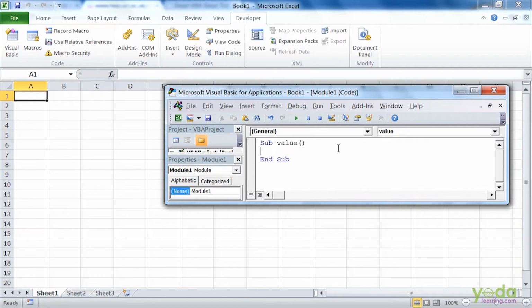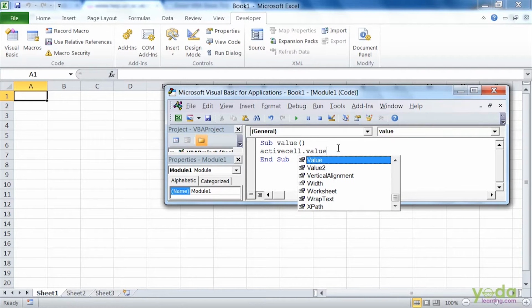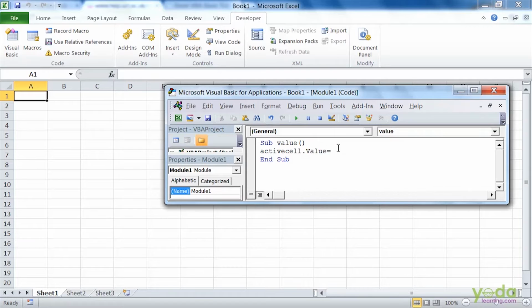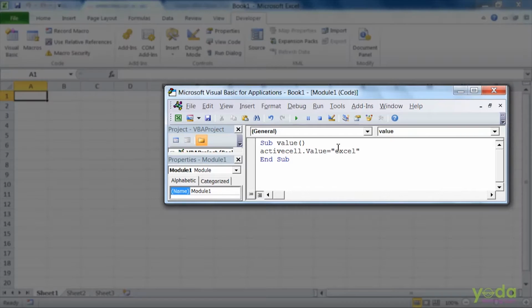So I will type the code, say ActiveCell.Value, and it should display the result as the word Excel in there. So whenever I run this code, wherever my active cell is, it will type the word Excel.